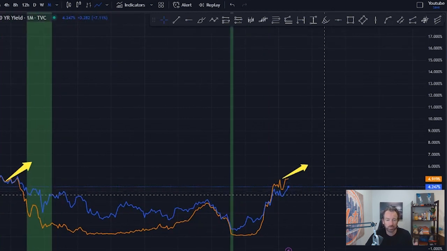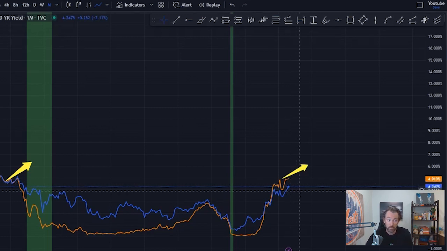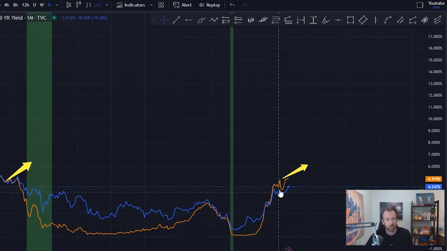So I can understand being cautious right now, because you're like, well, that has to happen eventually. So a recession is coming. But what if a recession's a year out? What if a recession's 2 years out, 3 years out? Now, I don't know if there's any reason to think that the recession is going to be pushed that far out, because we're kind of in, at least from what I can see, uncharted territory with this 2-year this far